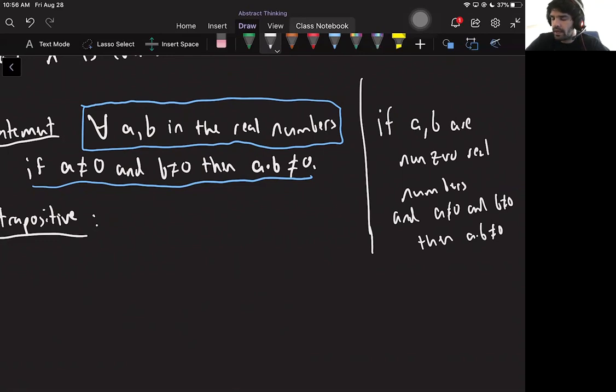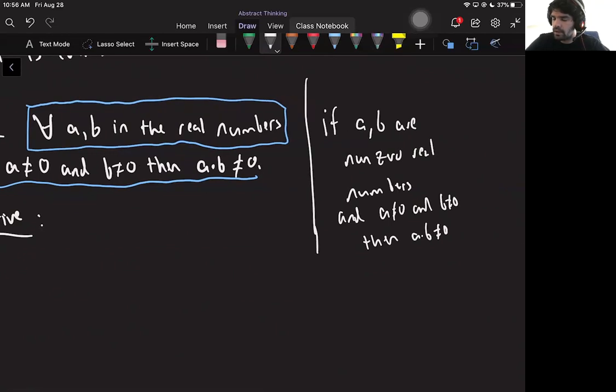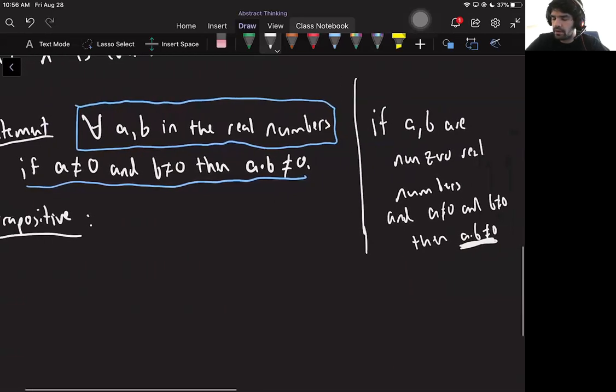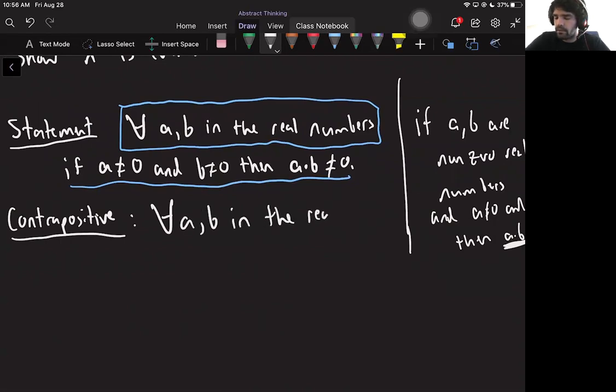But when you do that, it's weird when you do the contrapositive because the then doesn't have those quantifiers, doesn't tell you about what a and b are. So it's better to just leave the for all in the front. So for all a, b in the real numbers,